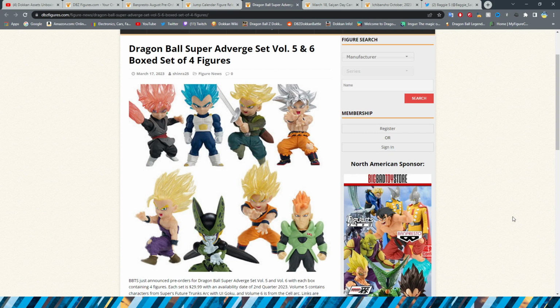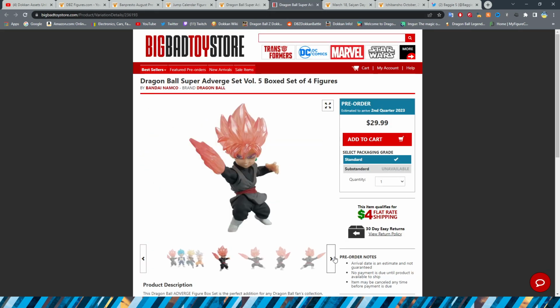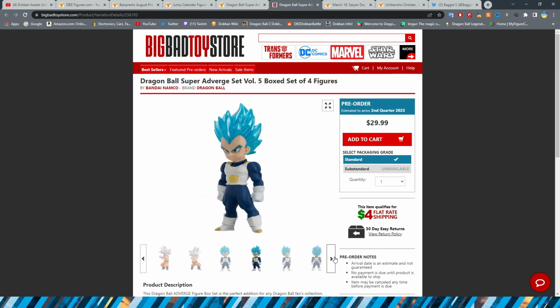Well, I will say, from these particular production images, these figures don't actually look that good, but I do have a bunch of Dragon Ball Adverge figures, and I really like them, so maybe they just picked some ones with poor quality control or something like that. A lot of the time I've seen these in Target and stuff like that, where it's this full set of 4 figures that you can get. Because usually in Japan...